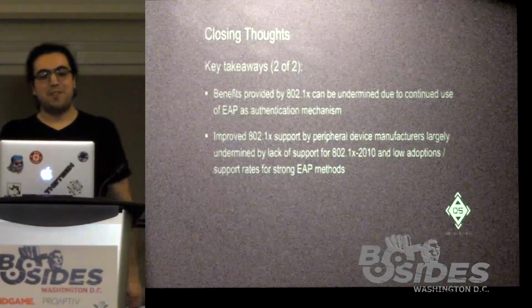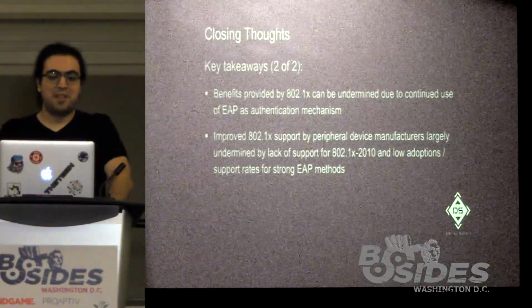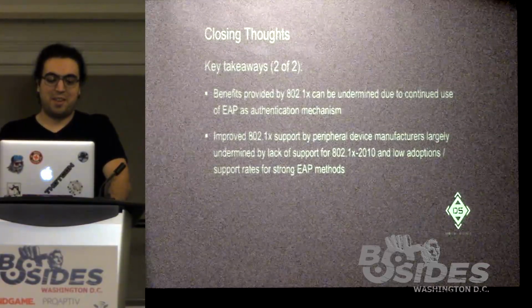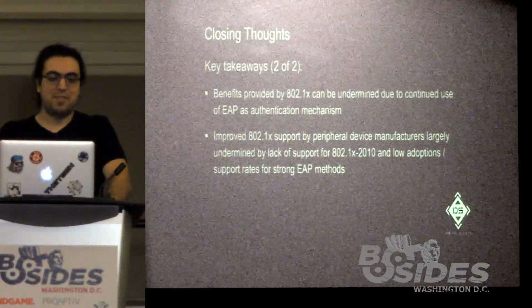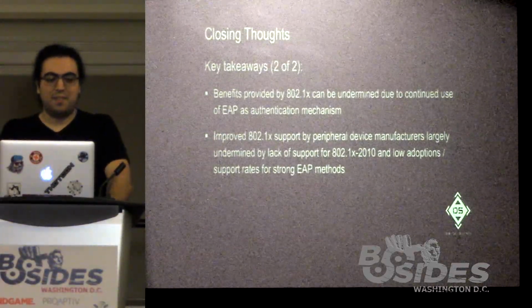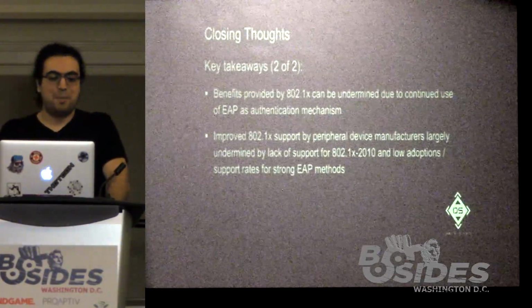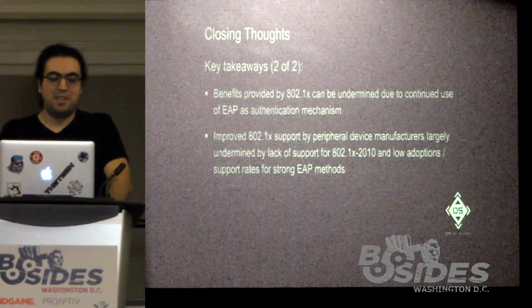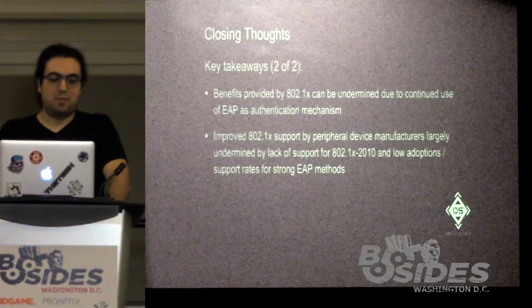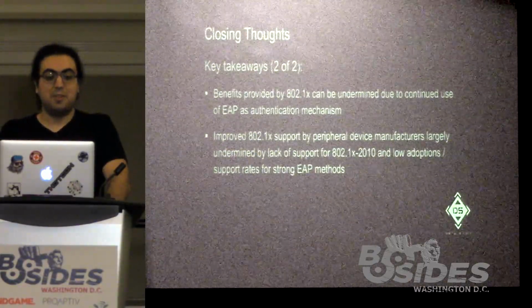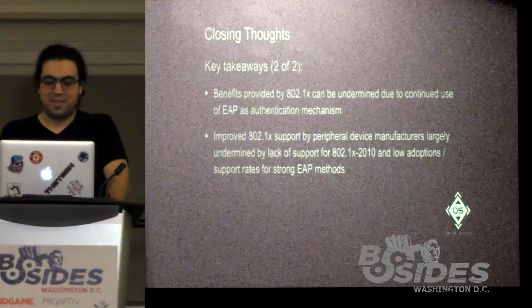The benefits provided by 802.1x can be undermined due to continued use of EAP as an authentication mechanism, and specifically weak EAP methods. And finally, improved 802.1x support by peripheral device manufacturers is largely undermined by lack of support for 802.1x-2010, and also low adoption rates for strong EAP methods that can't be bypassed using the